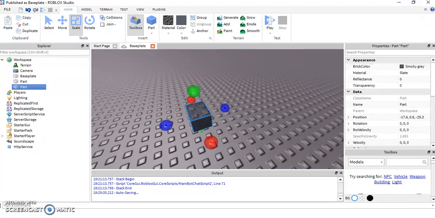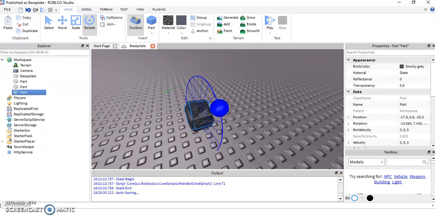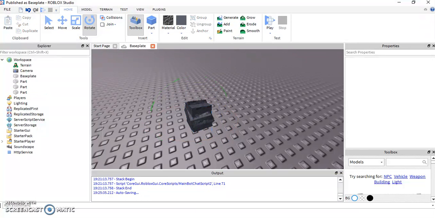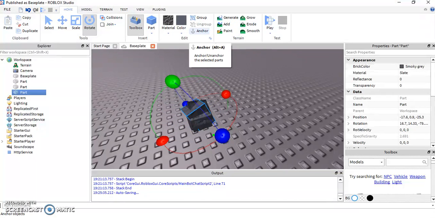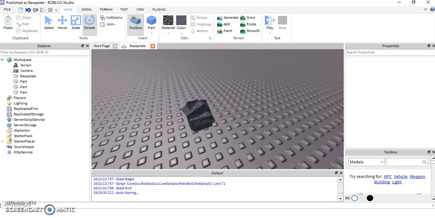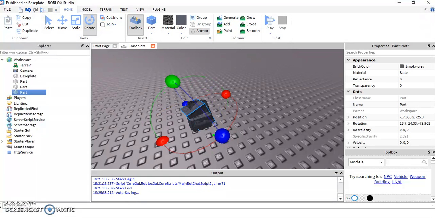Going to do Control D. Rotate that. I'll do Control D again. This doesn't look like it's going to turn out so well so far. Go, and then now when I anchor, now, mm,